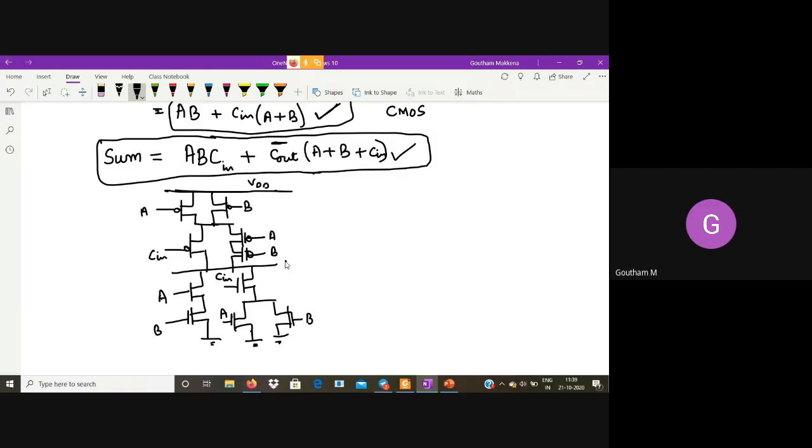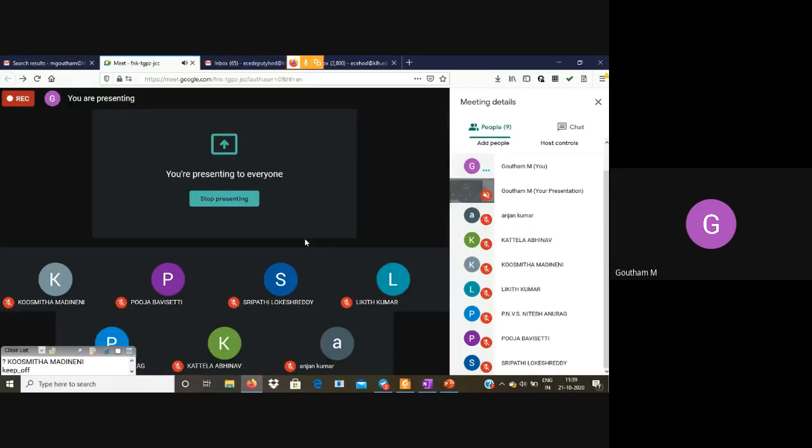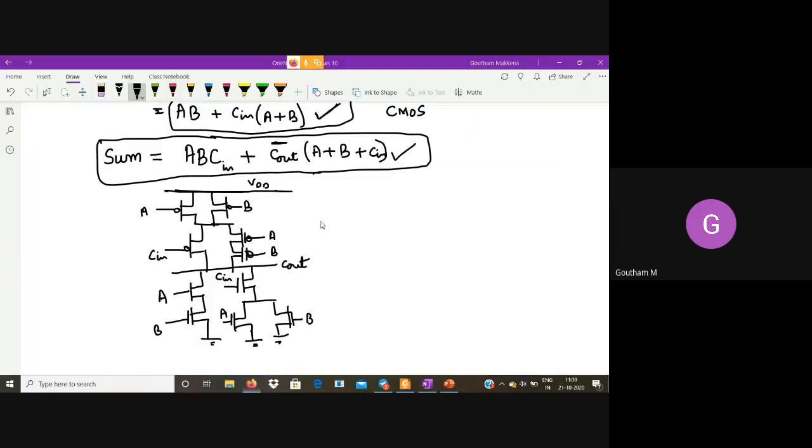Yeah, so this is Cout. So did you get that for carry? Now go with sum. Go with sum now. And count the number of transistors and tell me.